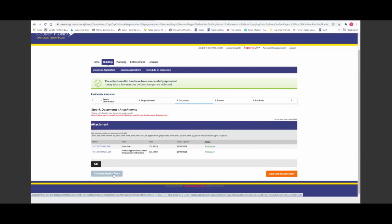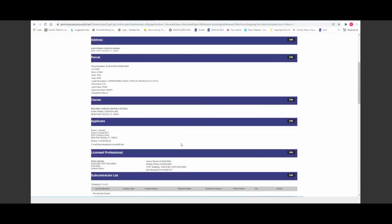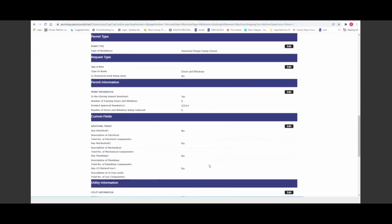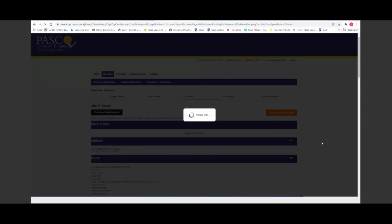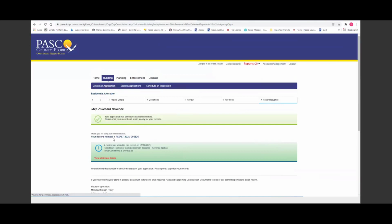So continue application. And you're going to double check, make sure everything's good. You have the right address, right Florida approval numbers, how many windows you're replacing, and then you check the box that everything's correct and you certify it. Okay, and you'll pay the fees. And these are the same fees as what they are today. And there's your new permit number, the Res Alt